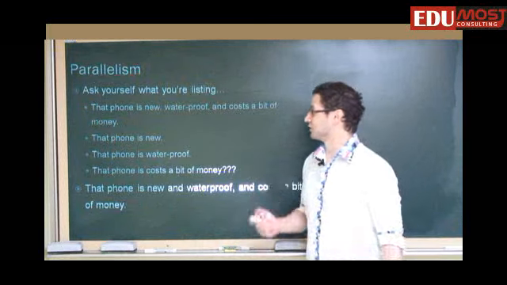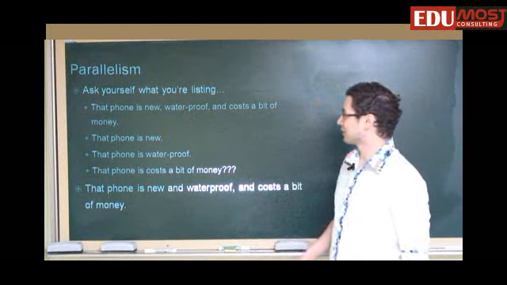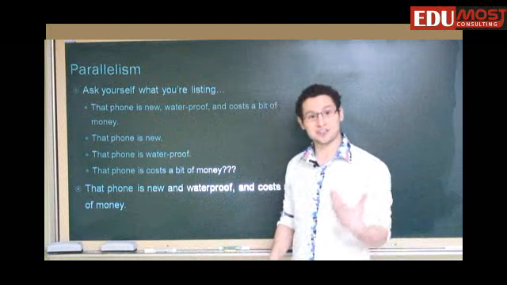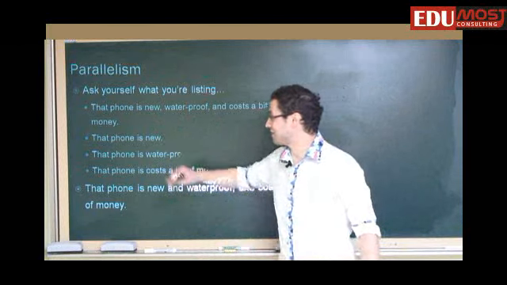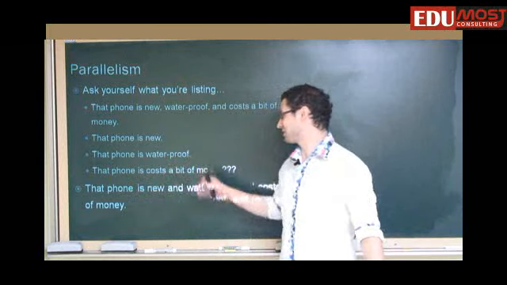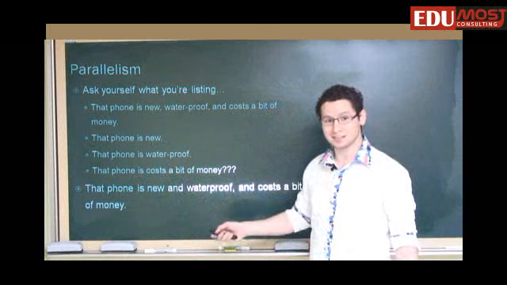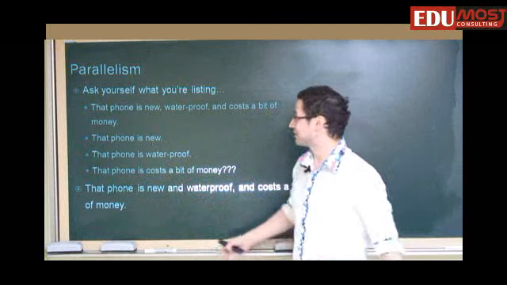So ask yourself what you're listing. That phone is new, waterproof, and costs a bit of money. So we're talking about the phone, and we're giving some attributes of the phone, right? We're saying that that phone is new. We're saying that that phone is waterproof. We're saying that that phone costs a bit of money, which doesn't really make sense. We have those two verbs going, because our list is about